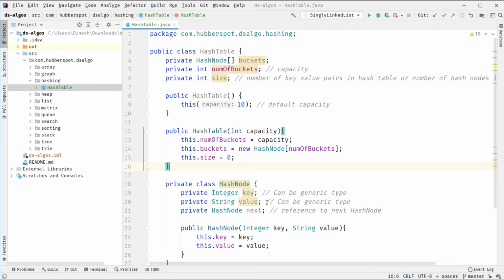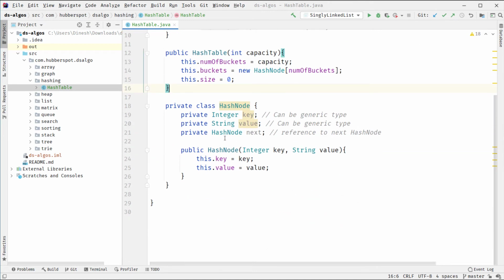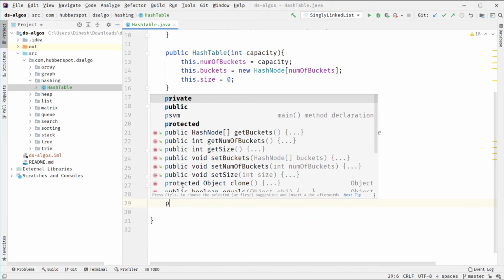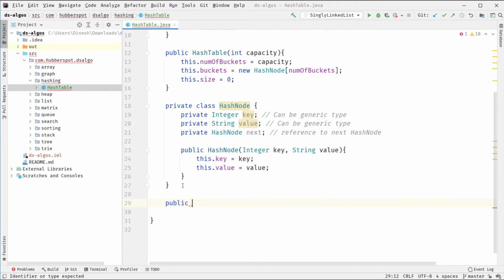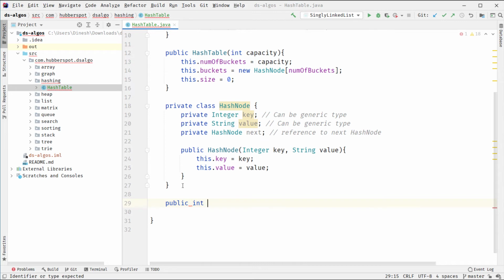Now here you can see that this is the initial implementation of hash table. So in a hash table there are many operations. One of the operations is that we want to know the size of the hash table, that is how many key value pairs are there. So we provide a method as size, and here we simply return the size.